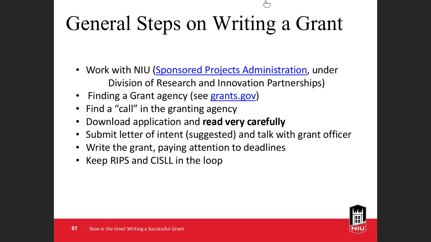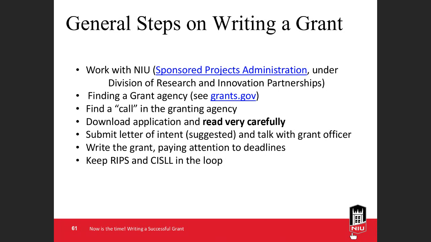From my experience, and some embarrassing experiences with other folks, you can work very hard and write a grant, but miss something critical. These RFAs, these calls for proposals, can be very dense and long. So it's very important that you read these applications very carefully.